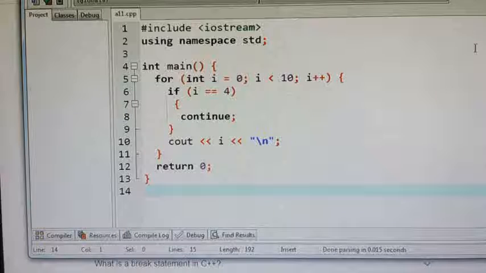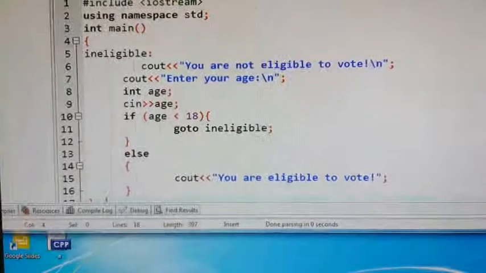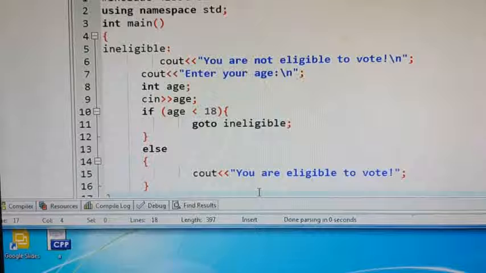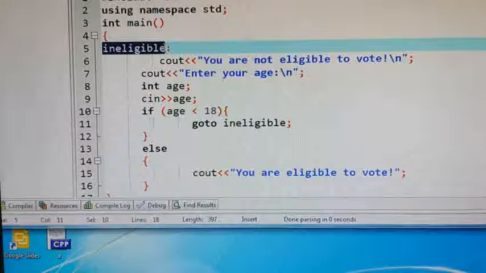Next we will discuss the goto statement. Just a minute, I will write the code and explain. Here I have given some code which illustrates the goto statement. What is the use of the goto statement? You can jump from one section to another section. When you want to jump to another section, you need a label. So in a goto, first we give the label. This I already explained in the theory.